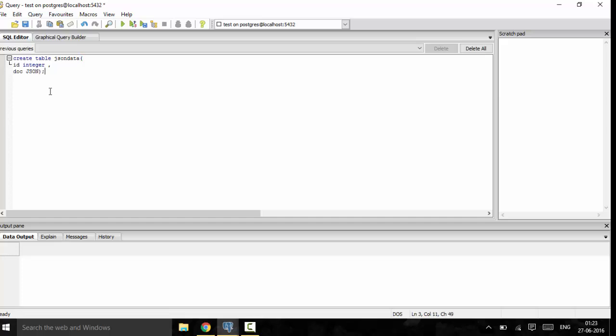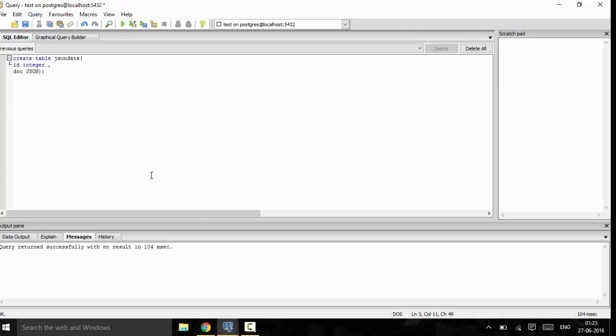You just create this and you see it returns successfully. Now I will insert some values into it. Insert into json_data